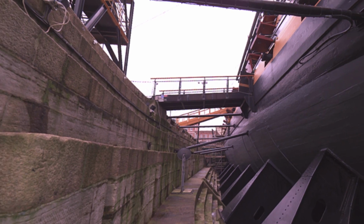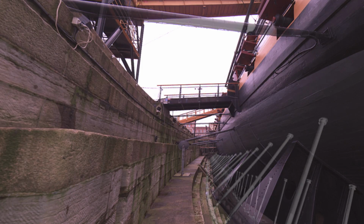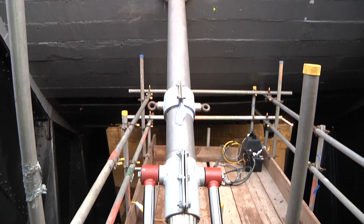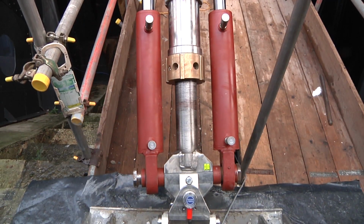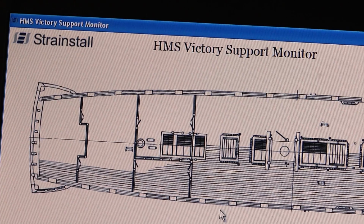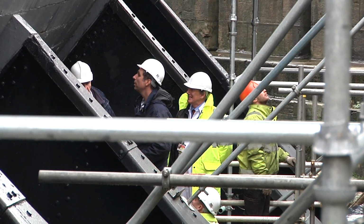load. So the solution that we've come up with allows for us to support the ship with 136 props in 2 lines and 4 transom props at the stern. Each prop has a load cell within it, which gives real-time feedback. So over the long term, we'll be able to establish if any parts of the ship are beginning to deteriorate, so that money isn't wasted doing wholesale repairs, but it can be focused on areas of the ship that really